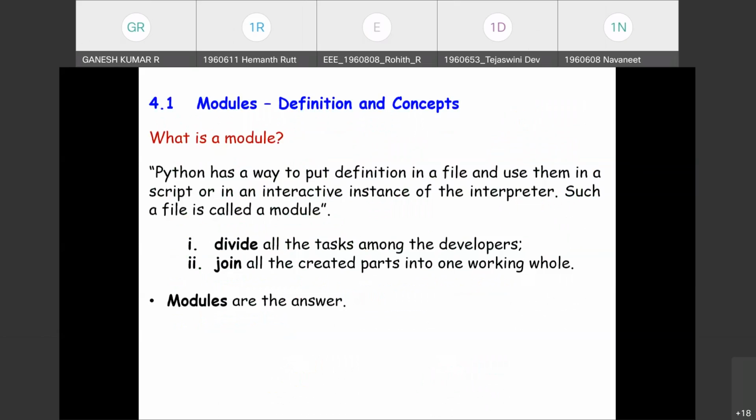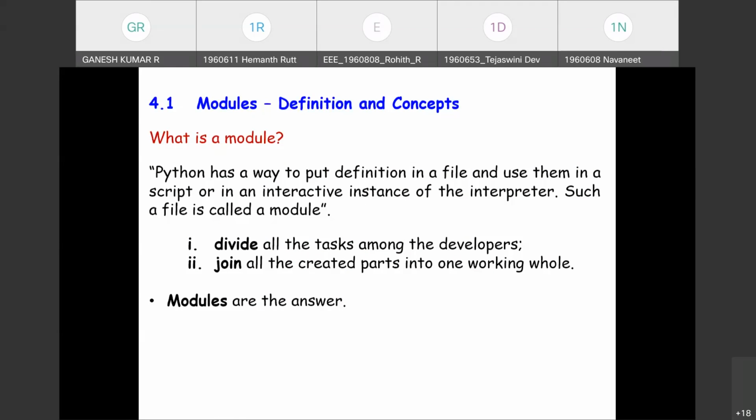We started with defining a module. A module is a method, a way to put definitions in a file and use them in a script. We had seen import math. So a collection of all the supported files, interacted with by statements and code in the program.